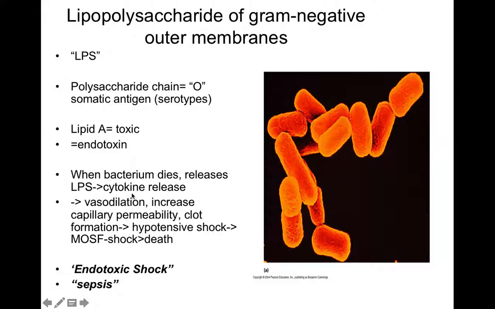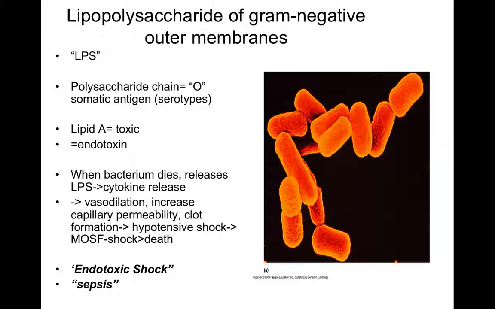Now, normally, cells of the immune system will release little amounts of cytokines just locally. The cytokines are used as chemical messengers between cells of the immune system. But if we have lots of gram-negative bacteria dying, we get massive cytokine release. They call it a cytokine storm. And as a result, we get inappropriate responses. We get vasodilation, our blood vessels get bigger, they get leaky, we have increased capillary permeability. Vasodilation in leaky vessels means the blood pressure will go down, and that's going to decrease blood delivery to our